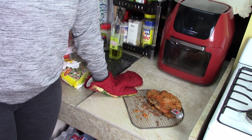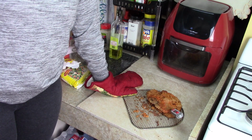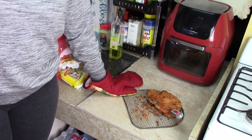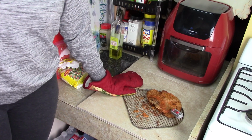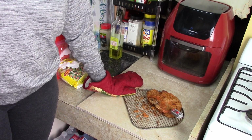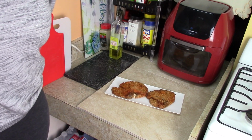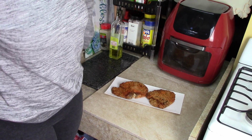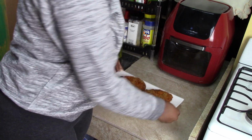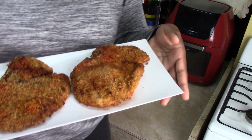Okay, it went to 155. Okay, we're done. Alright, great job, Nia. Okay, you want to plate that up and show them and take a taste? Yes, I will. All right, let's do that. Show them. Take the plate and show them. Oh, almost dropped this. We already set up the pork chops on the plate so we can show you and